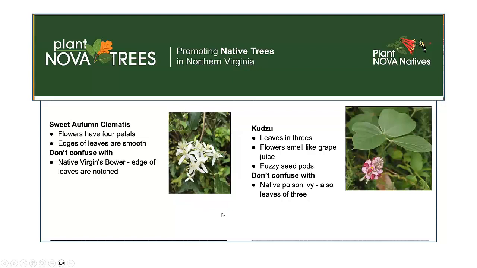Here are two more that I didn't have on my original list. The Sweet Autumn Clematis. This one, again, is one that you'll find in the nursery trade. It's a very lovely vine, but incredibly invasive. It can be confused with our native Virgin's Bower, which is also a clematis, but one of our native ones. And then the infamous kudzu, which blankets the trees generally a little further south from our area, but you will find it especially along Highway 95.